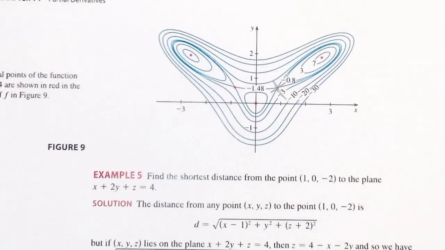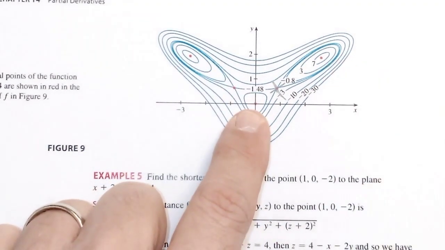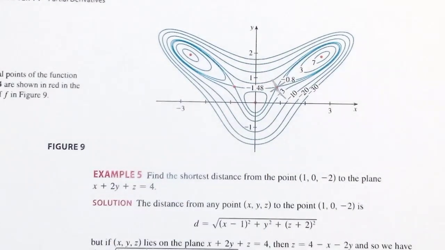Page 964. Here's a contour plot. I have not got anything written down here about what the function is or what it's doing. But tell me, how many maximums or minimums do we have? I see 3 points where I've got that concentric ring behavior. Now, I don't know off the top of my head whether they're maximums or minimums until I look at the labels on the contours and I see locally